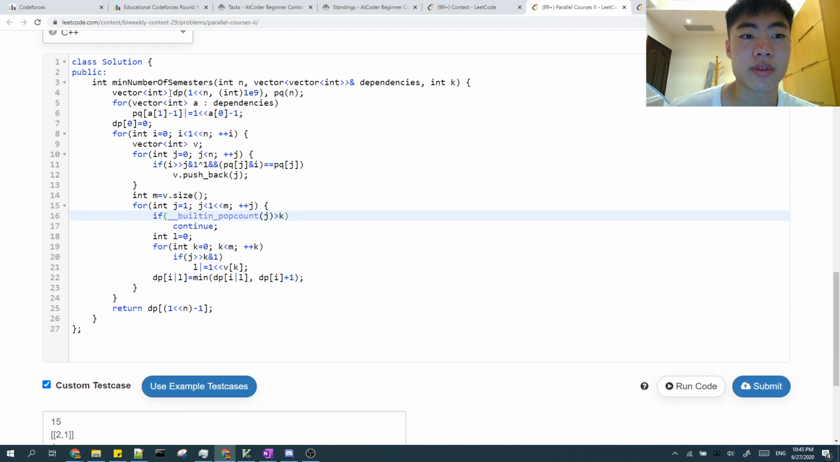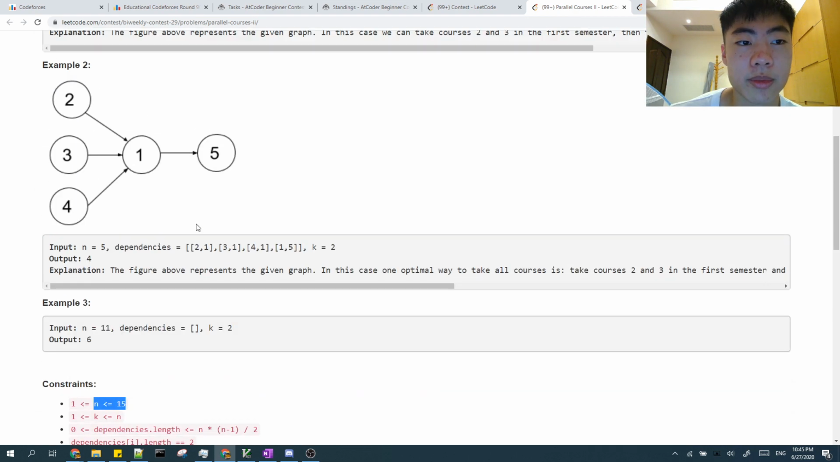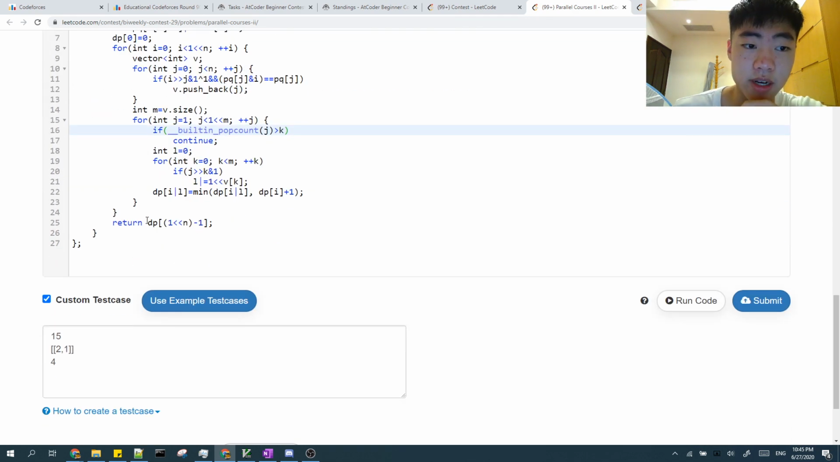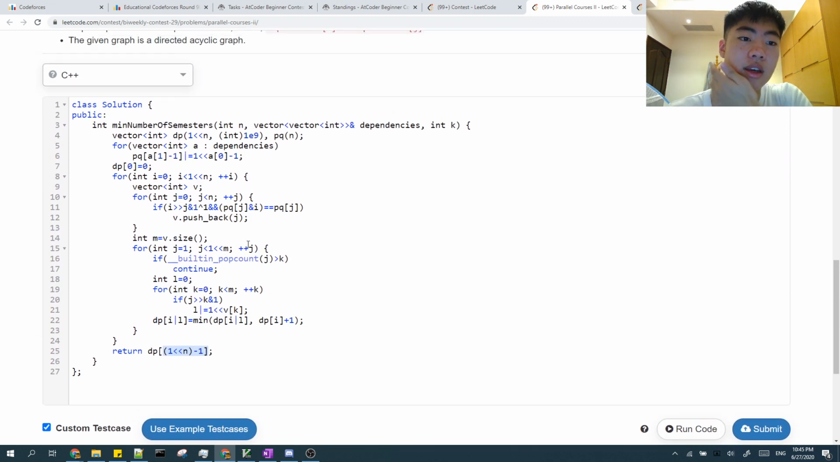And for the last problem, you need to use bitmask DP. So dp[i] stores the minimum number of semesters you need to take all of the courses in the bitmask of i. So your answer is just dp of the full mask. And then